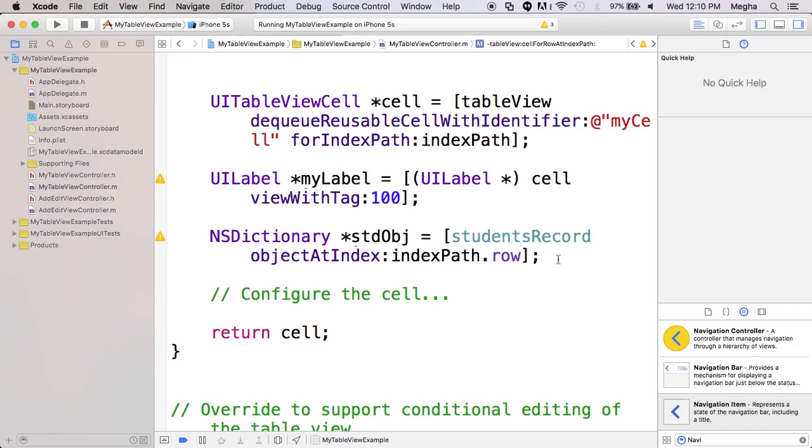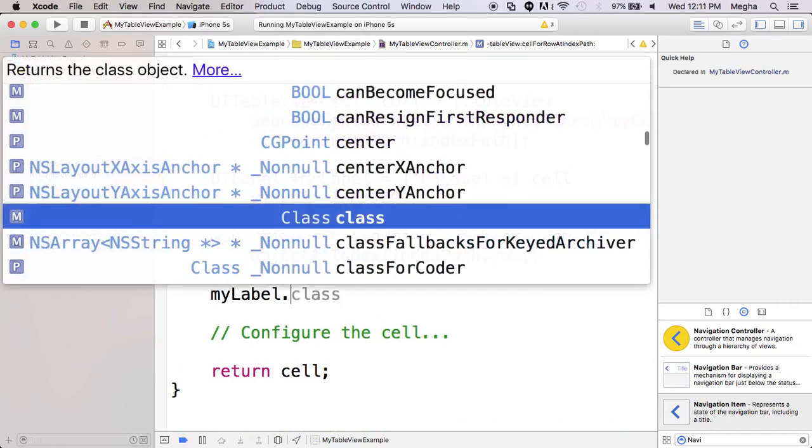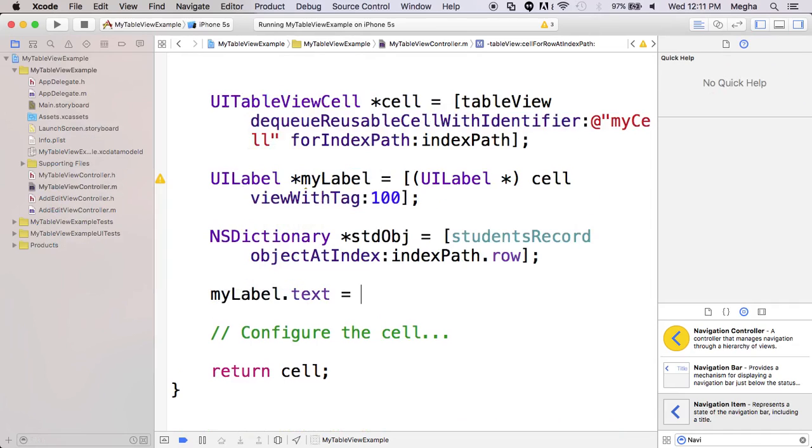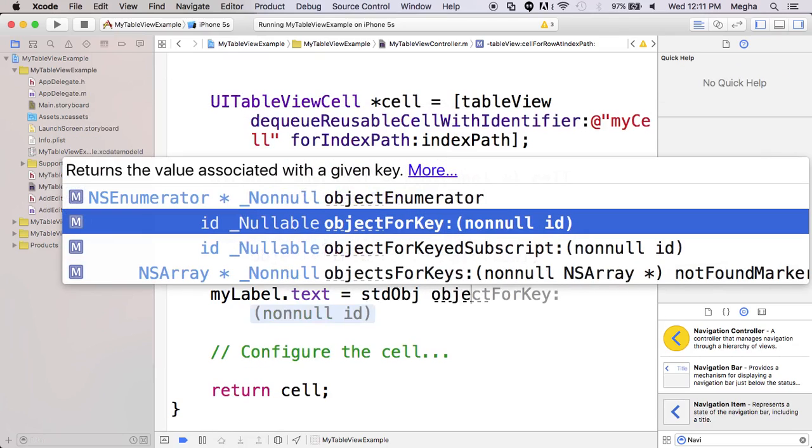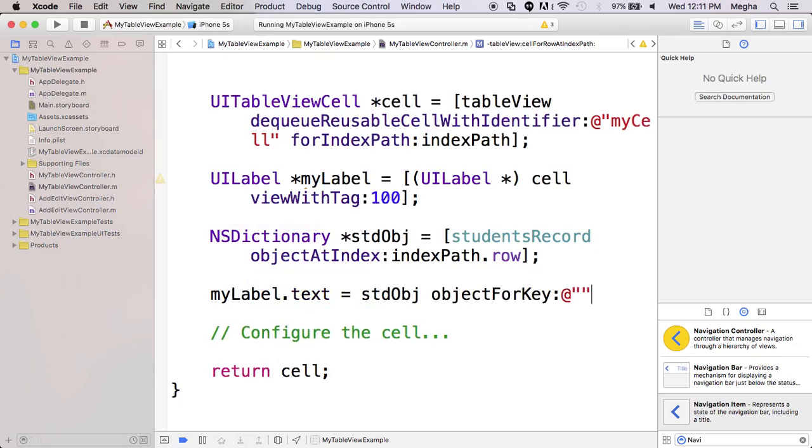First get the object, student object, from the selected row. Now add it, object for the key name,